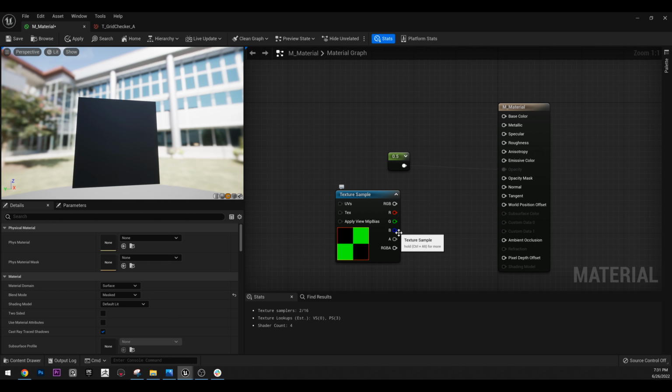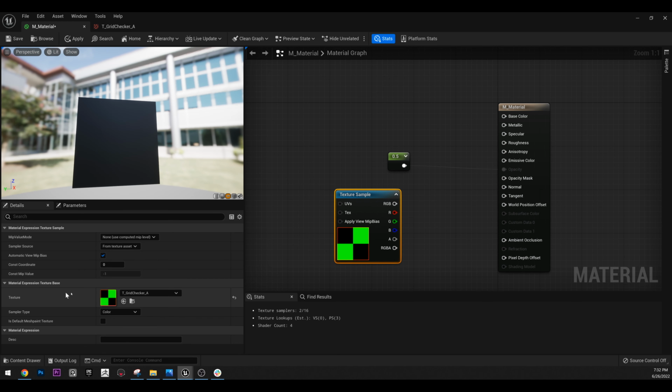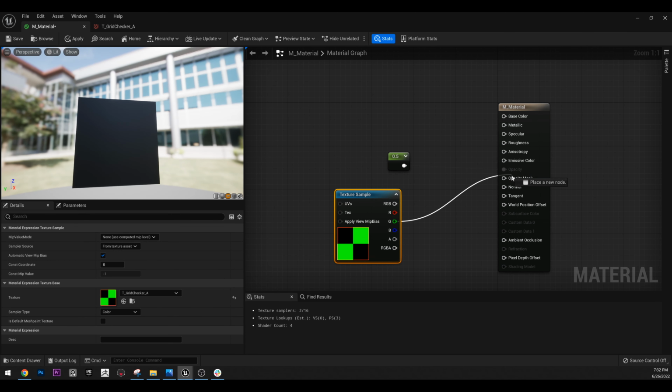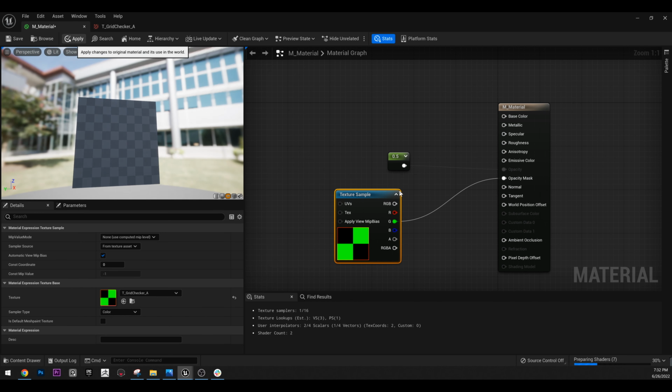However, in this texture, what we need is the green channel, because if you select this node and double click this texture, now you can see here you can select the different modes, you can enable the modes, and you can see what we have in each one of them. In the alpha, we don't have anything, so we cannot use the alpha. If we select the B channel, we have this result here, and if we select the green channel, we have the checker pattern that we actually need. So if we get the green and connect it to opacity, now we can apply,